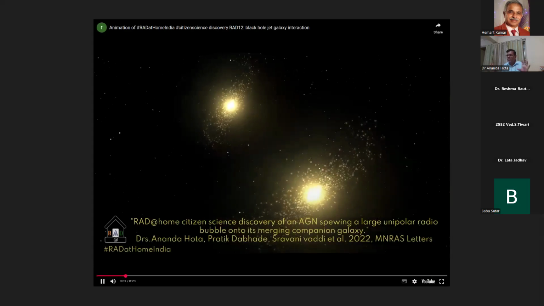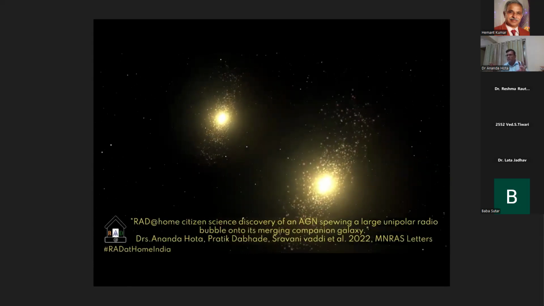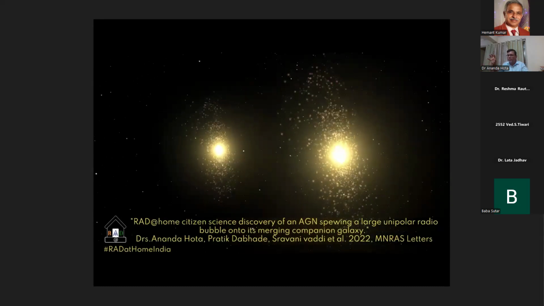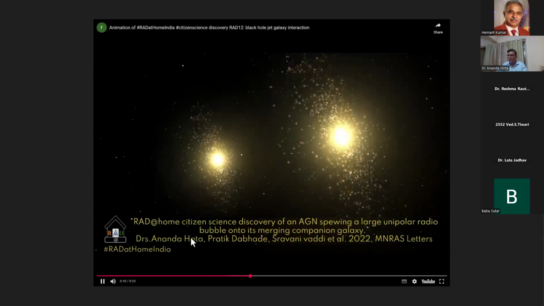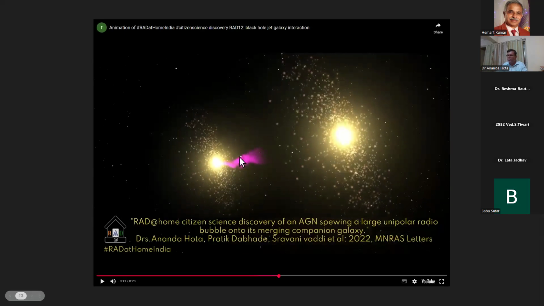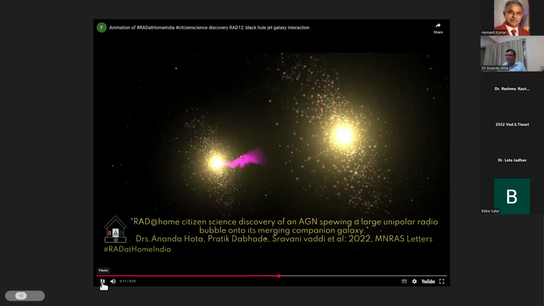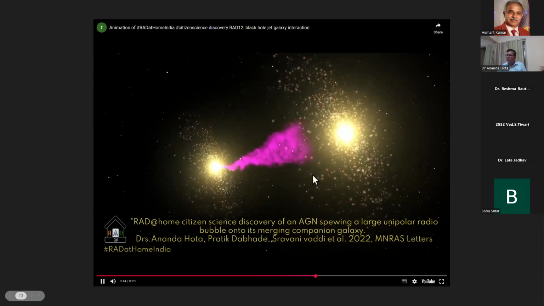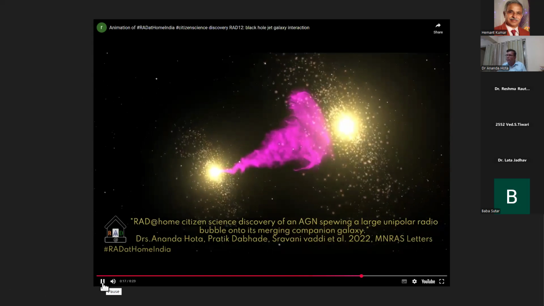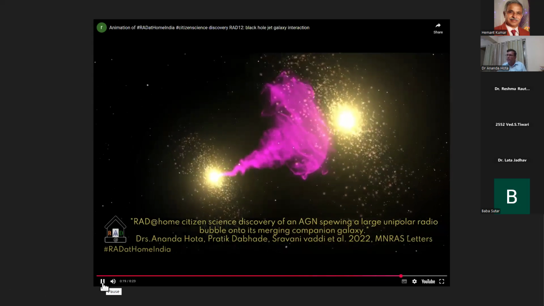Two galaxies, under their gravity, are coming close to each other. They are trying to become one, or they are trying to merge. In the process of this merger, from one galaxy, a jet comes out. The relativistic plasma jet, where electrons and positrons are moving at relativistic speed. The synchrotron radiation from the relativistically moving electrons radiates in radio, so a radio telescope can detect it. A radio telescope like our GMRT has detected that. So the plasma jet comes out in one direction and it hits the other galaxy, forming a kind of mushroom bubble, and it kind of bounces back.